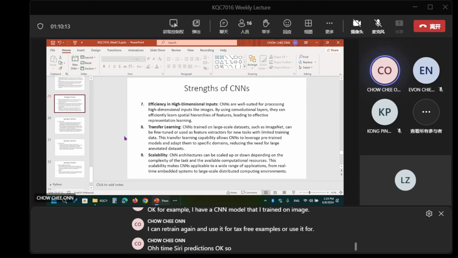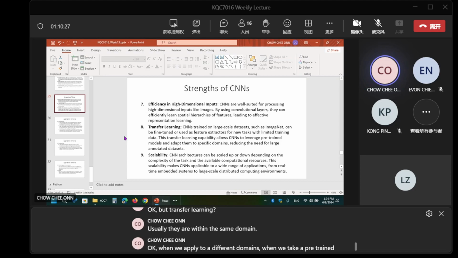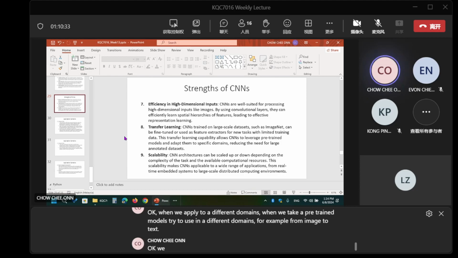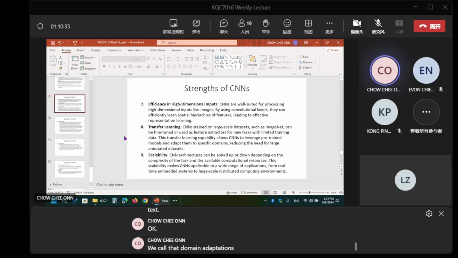That we call domain adaptation. To me they are very much the same thing, but transfer learning usually is within the same domain. When we take a pre-trained model and use it in a different domain, for example from image to text, we call that domain adaptation.